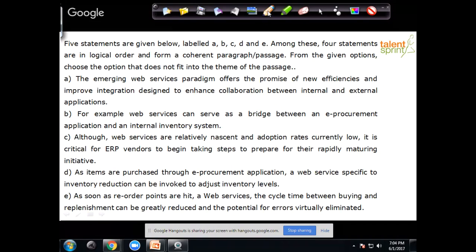Okay, I have some explanations. Ashima says C, because the rest of the options are about the efficiency of the web services. Balaji says all sentences except C are talking about the advantages. Mana says all are saying about the functions of web services except C. Okay, good points. Let's look at it. Right? Any repeat words, clue words?